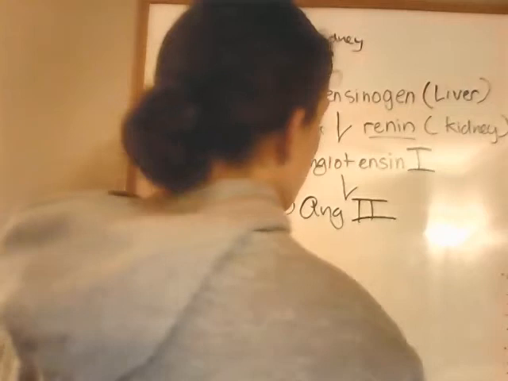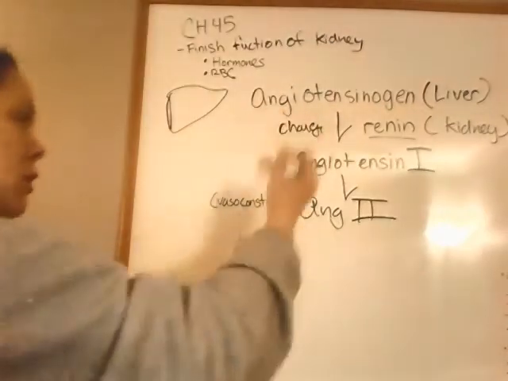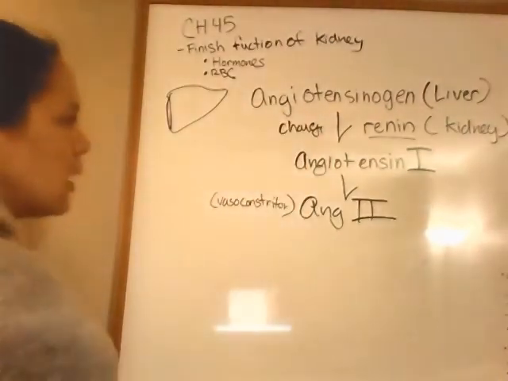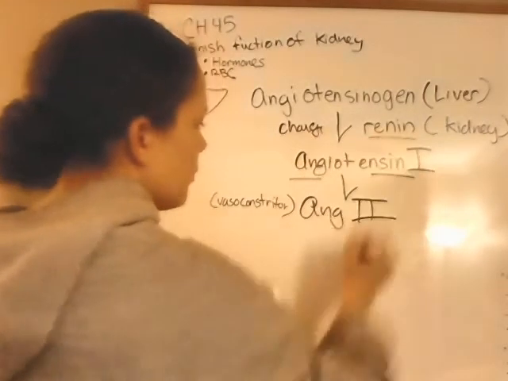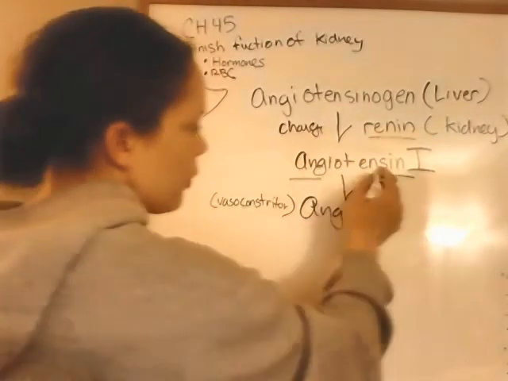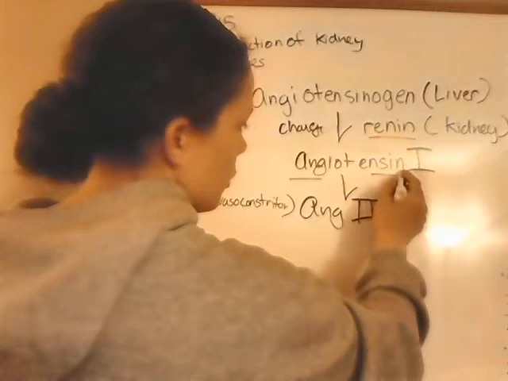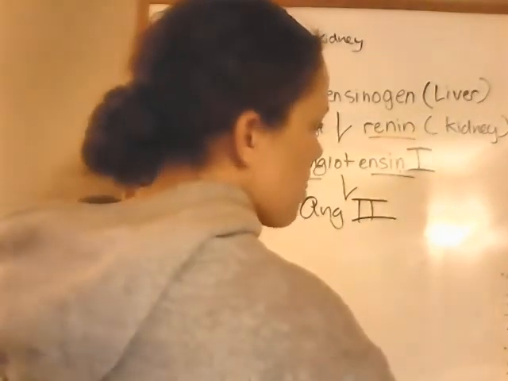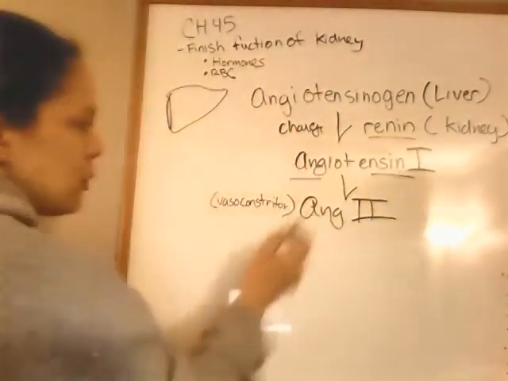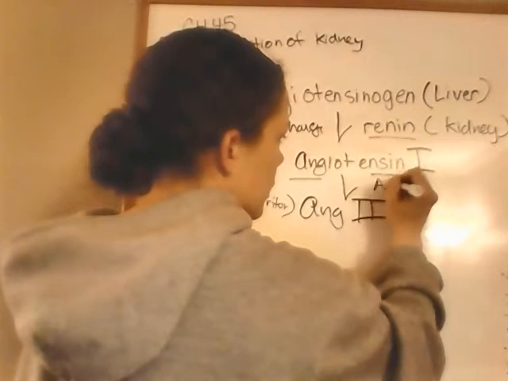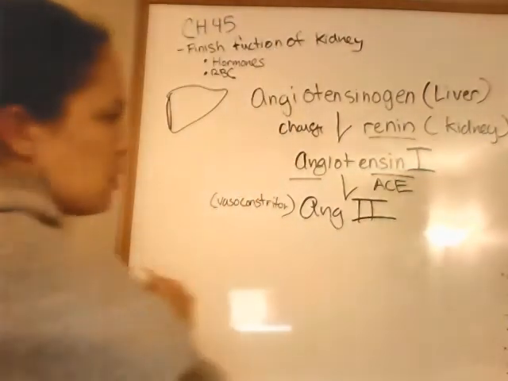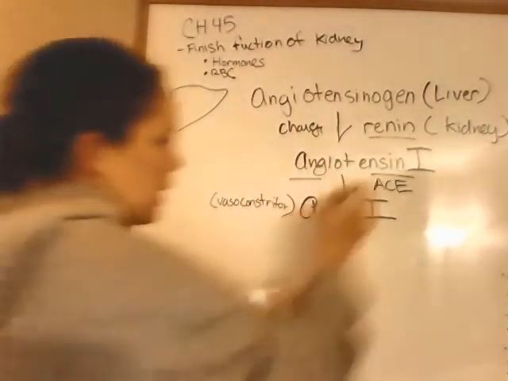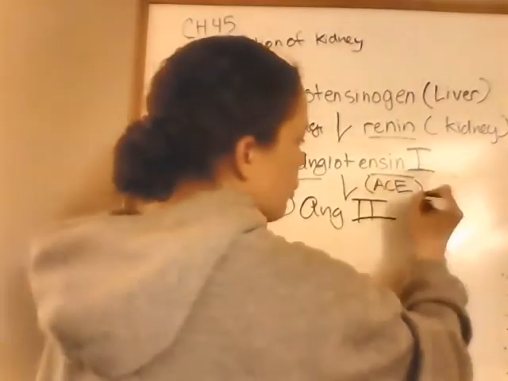Alright, so angiotensinogen is produced by the liver. It's changed into angiotensin 1 by renin, and then from angiotensin 1 to angiotensin 2. And of course, this was changed by your ACE. Your ACE is yet another enzyme, your angiotensin converting enzyme, and I'm not going to write all that out, but pretty much it's in the